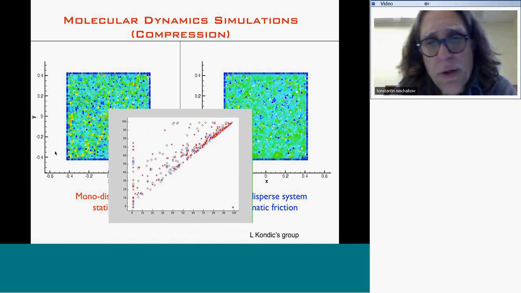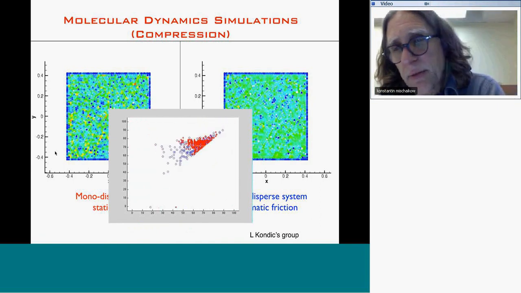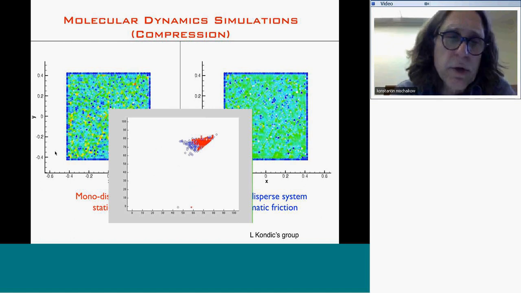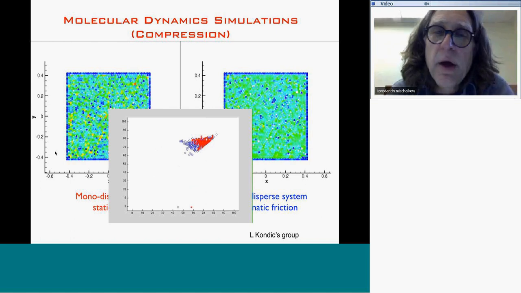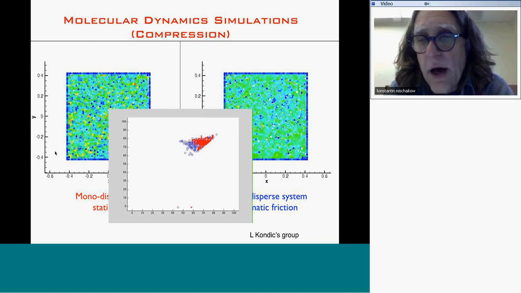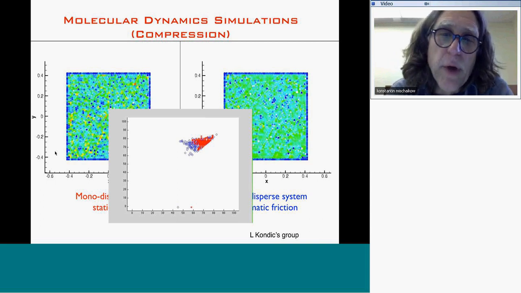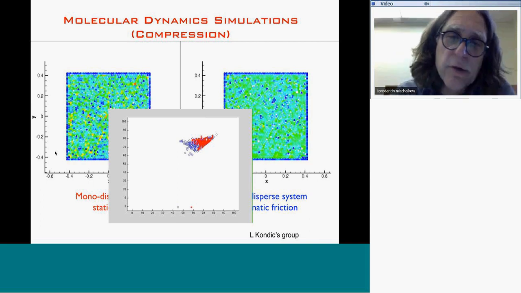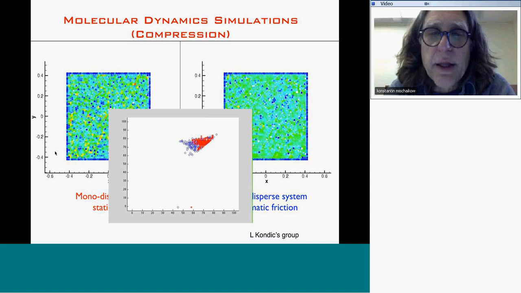The blue circles correspond to the persistence diagram on the right, and the red ones correspond to the persistence diagram on the left. If you saw how the red and blue dots evolved, in their final state they're slightly different. And so by tracking the persistence diagrams, in a sense I'm telling you that the dynamics is a bit